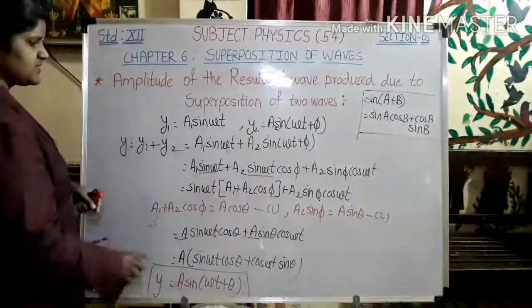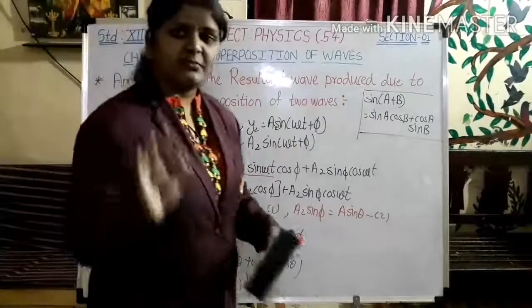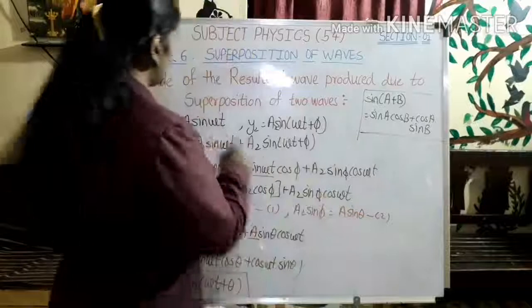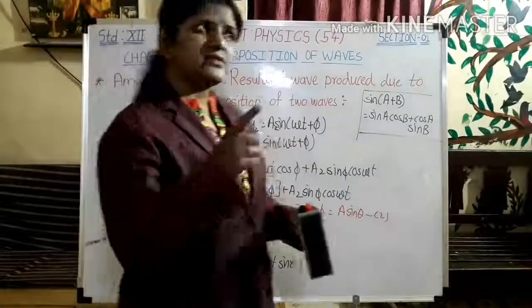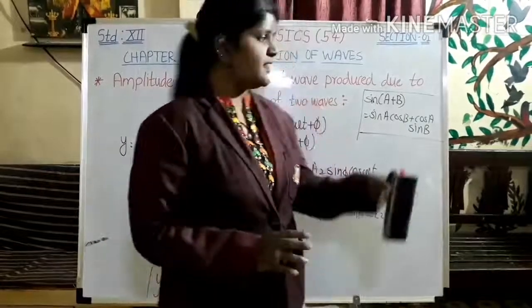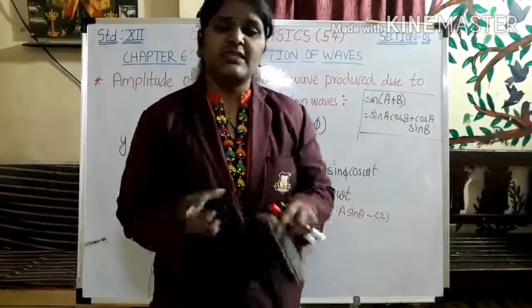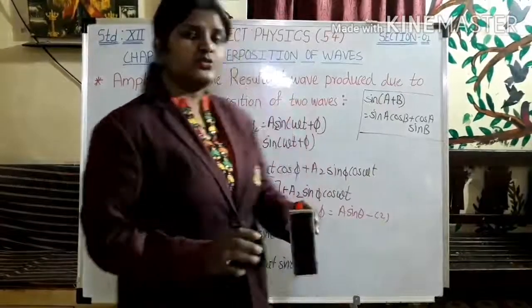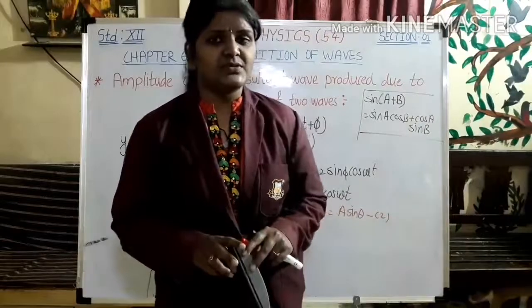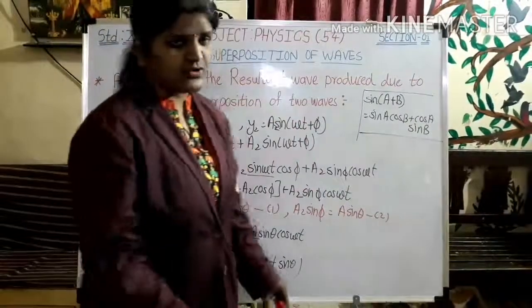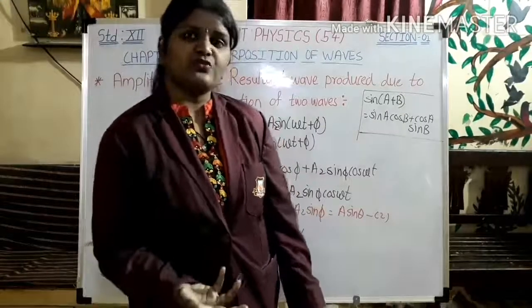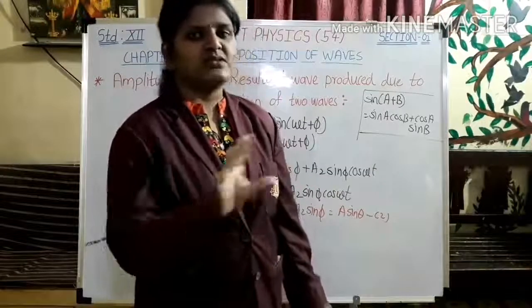Okay, so I hope you got this. Very easy. You just have to remember both equations. Even if you remember one equation, the second one automatically comes to your mind. So if you have the equation y1 is equal to a1 sin omega t, what will the second one be? Plus phi should be there, right? Then you add them up, and then you apply this formula. Then by taking out sin omega t and substituting theta instead of phi, we get two values. And then at the very last we got y is equal to a sin of omega t plus theta. Okay, and now we are moving towards our aim, which is to find the resultant amplitude.